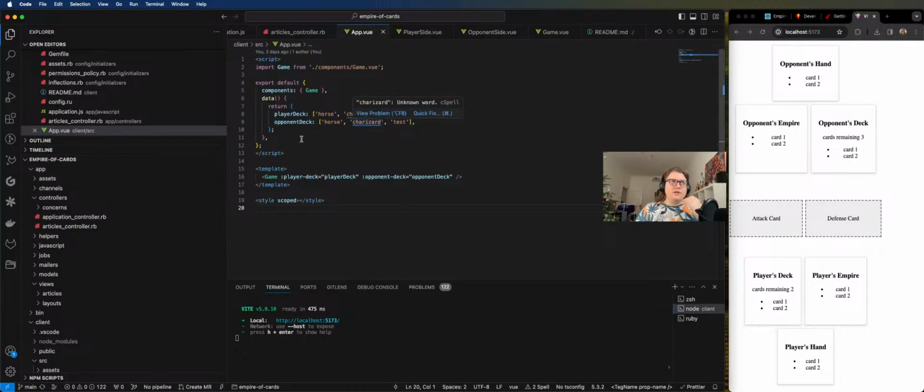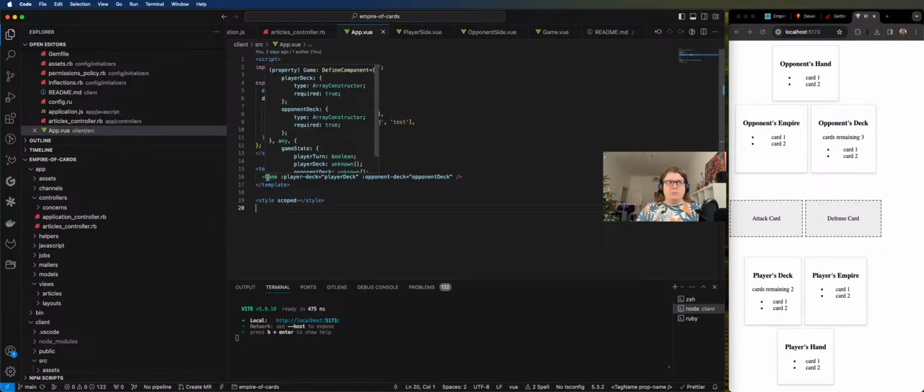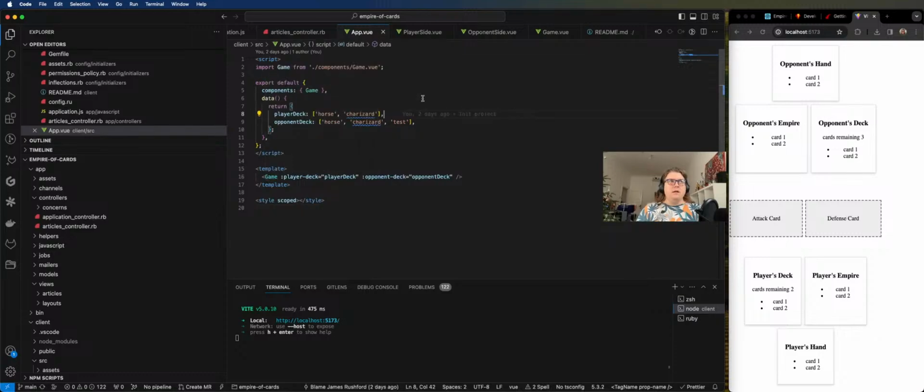That's the idea for the future. But for now, we're just going to define what cards are in both the player's deck and the opponent's deck within the app component. We're just going to do a mock one because this is a brand new project. And then we're going to pass these to game, and in game,